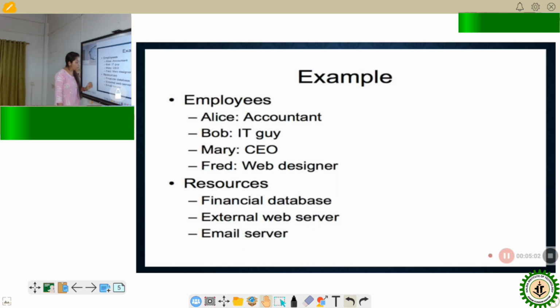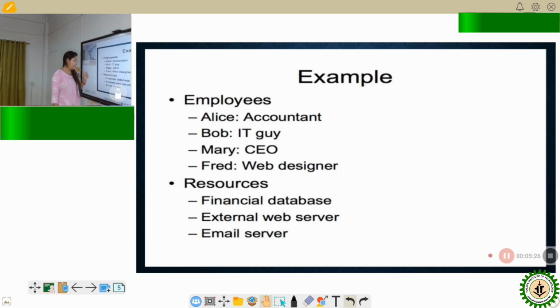Does she need to make any changes on the external web server? Because this is what is exposed to the clients of the organization. Whatever changes are needed to be shown on the public platform, is an accountant required to make those changes?